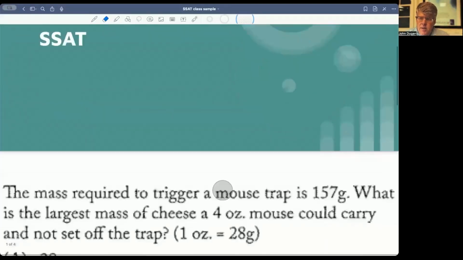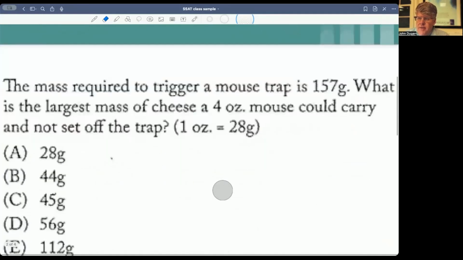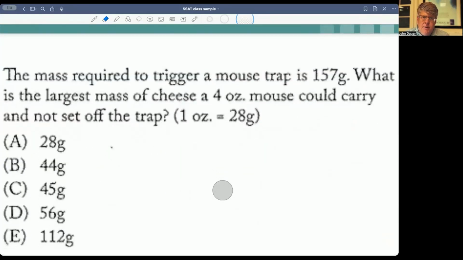All right. So this is, I think, one of my favorite little SSAT problems, because I know that a fifth grader could get this problem right, but not every fifth grader would get it right. This question just requires you to add, subtract, divide, multiply. It's a basic arithmetic problem, but you have to really think about it. All right. The mass required to trigger a mousetrap is 157 grams. What is the largest piece of cheese